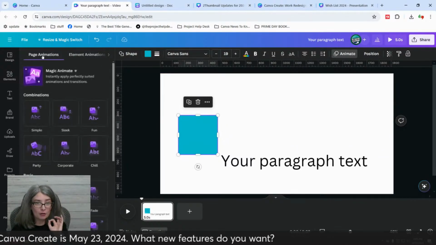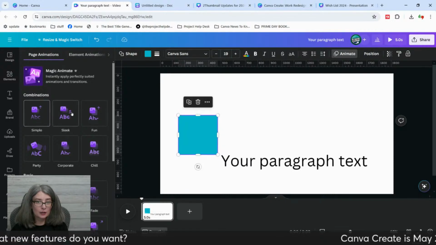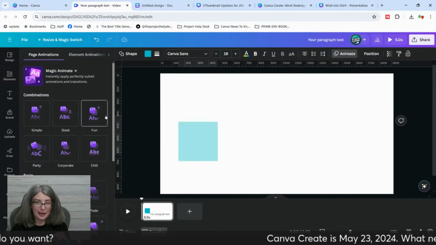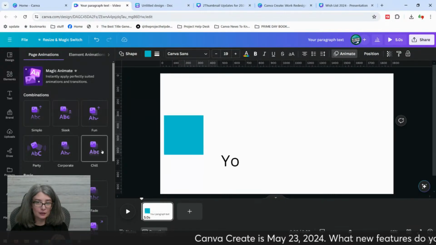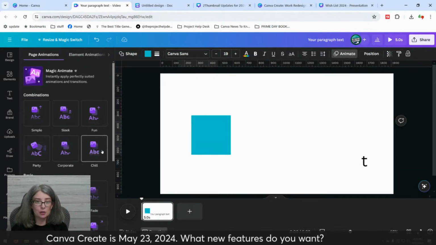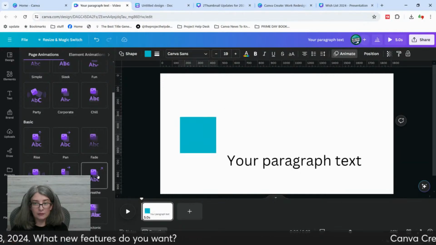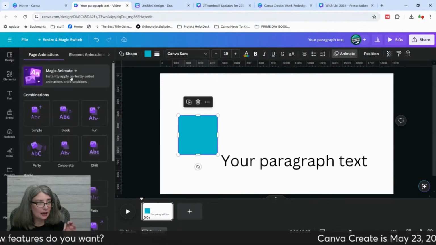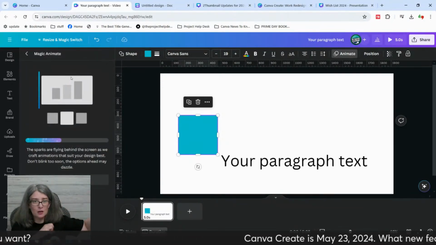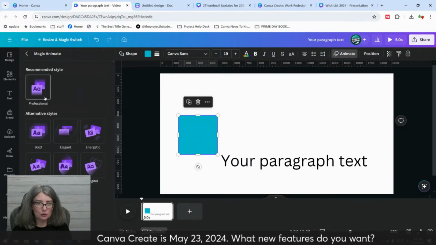But you can also do page animations, where you can choose a combination of things and it will automatically animate what's on the page for you in varying ways. And then there's even a Magic Animate, where it will sort of choose what it thinks will look best.